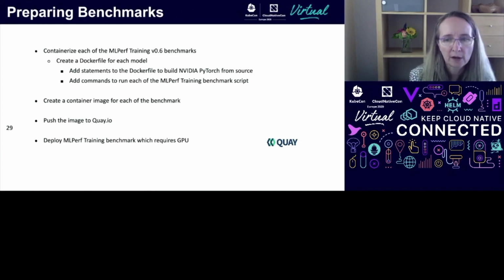So when we were preparing our benchmarks to run on the Kubernetes cluster that we created in AWS, we first containerized the MLPerf benchmark, and we created a Dockerfile for it. In our Dockerfile, we used NVIDIA's version of PyTorch. We built it from source. Then we added the scripts that ran the MLPerf benchmark, and we created that container image, pushed it to Quay.io,